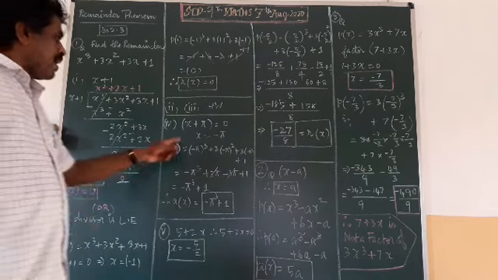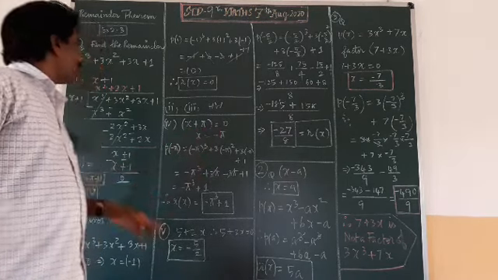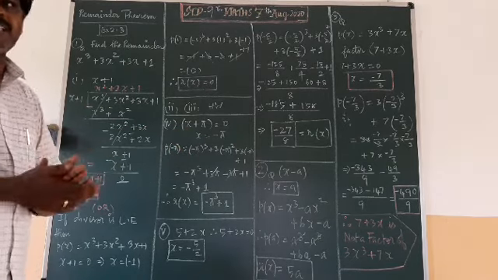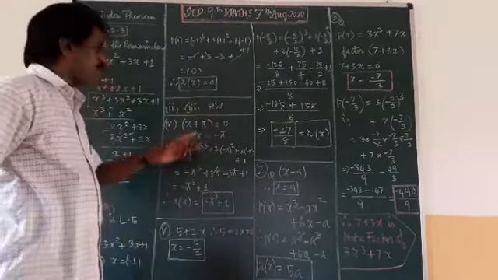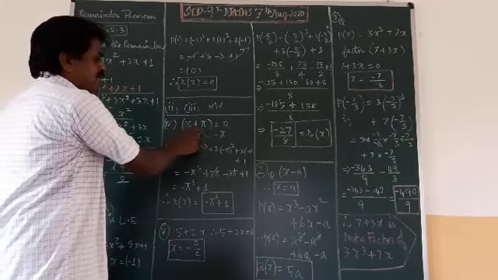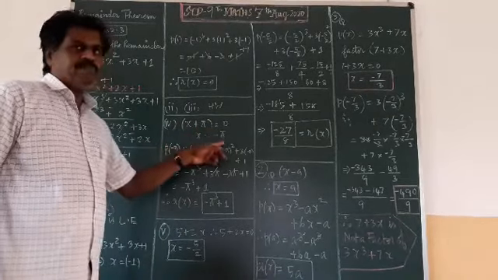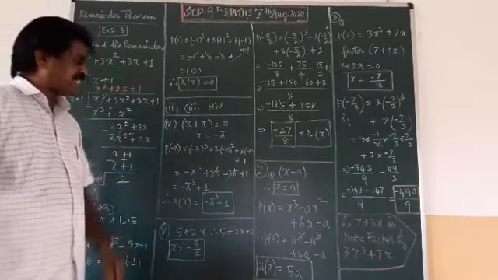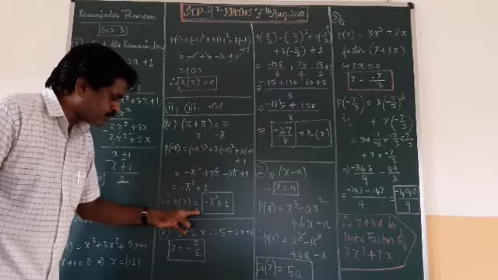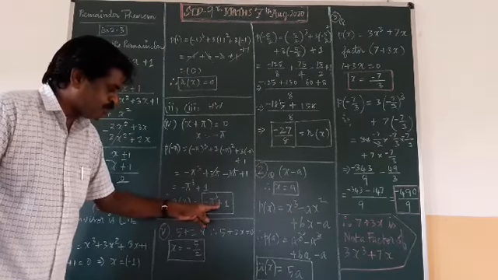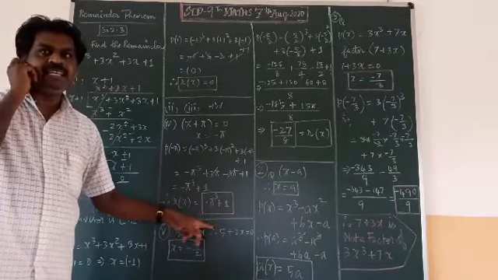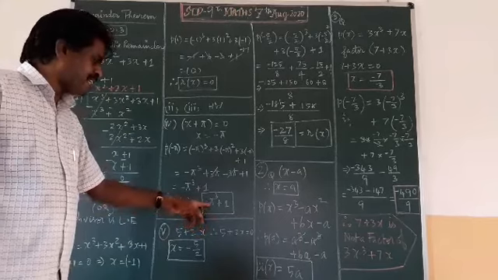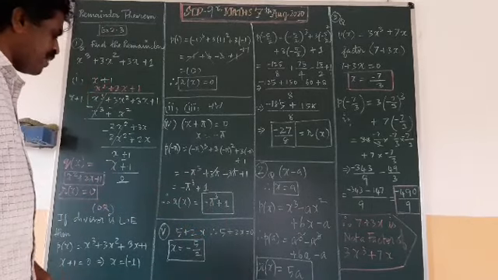Fourth one, x plus pi equal to 0. I have taken this equation and once again divide by x plus pi. So I am considering that x plus pi will divide it, so I am making this a factor. So x plus pi equal to 0, x will become minus pi. Then I am substituting in the given equation by this factorization method. Then I am getting r of x equal to minus pi cube plus 1. You get this as the remainder because pi is an irrational number, so the remainder is minus pi cube plus 1. Same thing for the fifth problem.